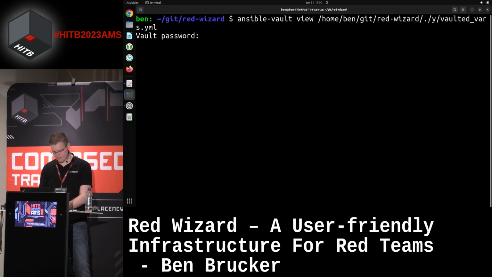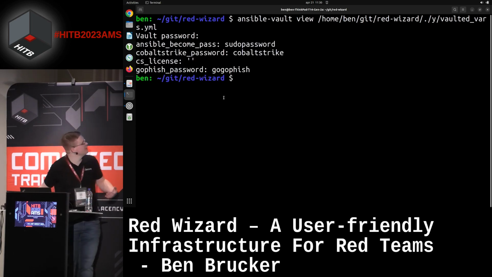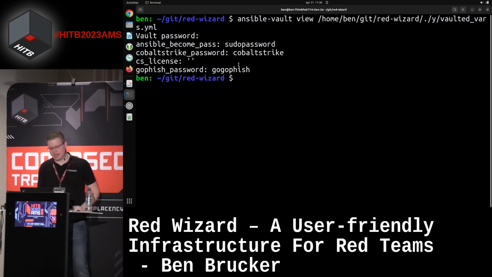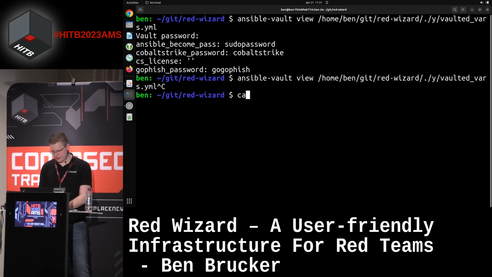Do it again. So this is really easy. These are the passwords and license keys that you just entered. Those are a bit better protected. But the other thing is the